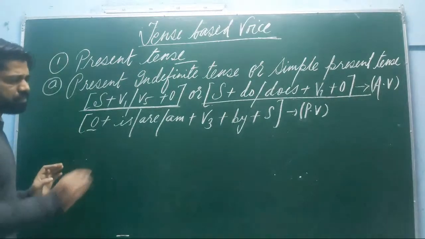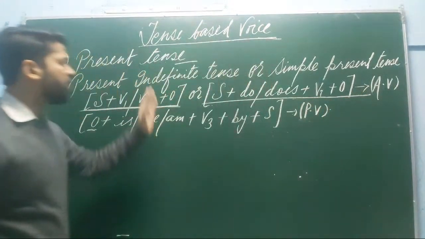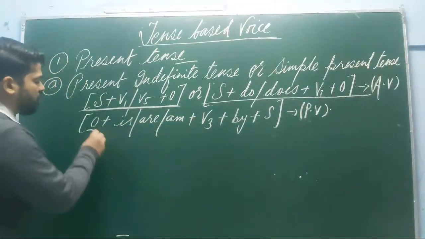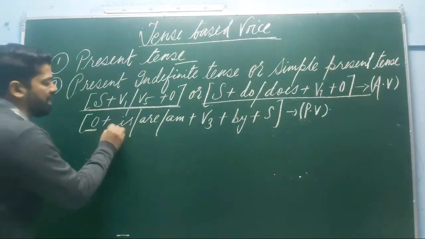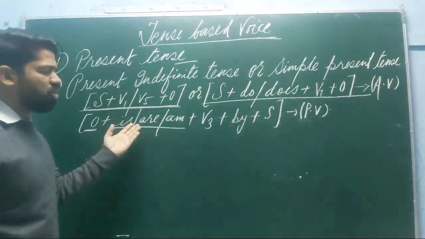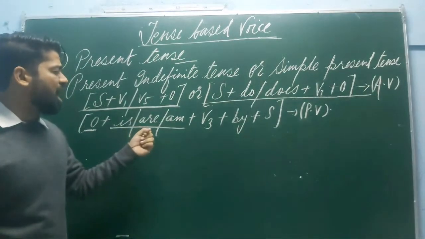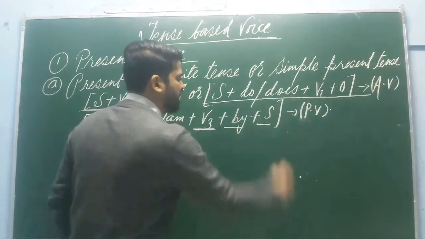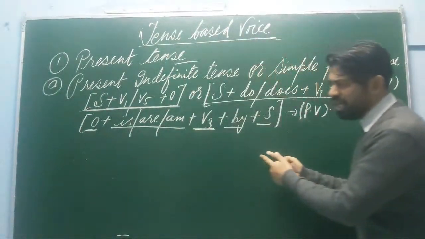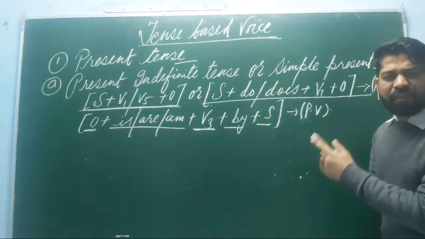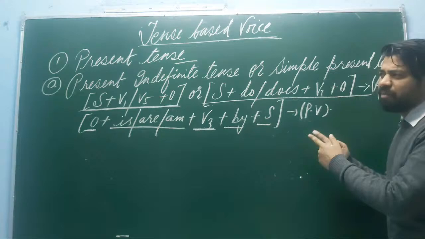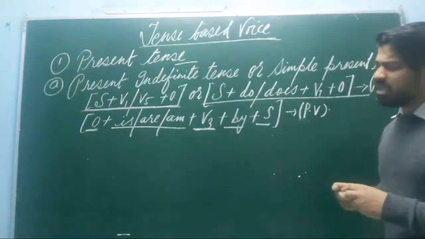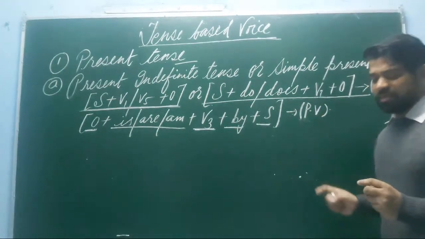Now, coming to the passive voice structure, what I have written here is the present indefinite structure of the active voice. Now, if you want to convert it into the passive, it will be the object. Then there will be the use of is, and I think you are quite aware of where to use is, where to use are and where to use am. After that, there will be the use of V3, then by, and then the subject. So following this structure, you will be capable of converting all the sentences of the present indefinite tense, or the simple present tense, from active to passive.